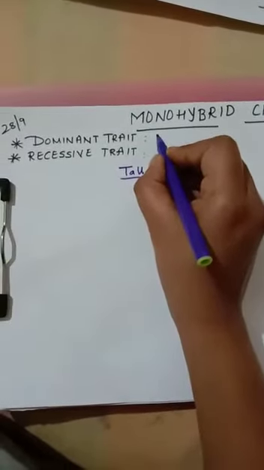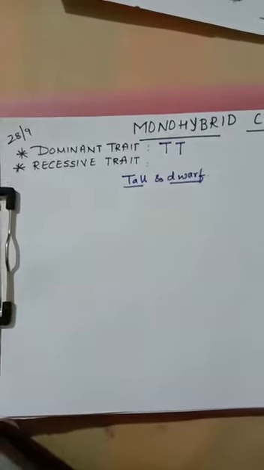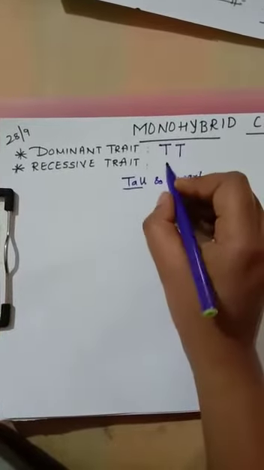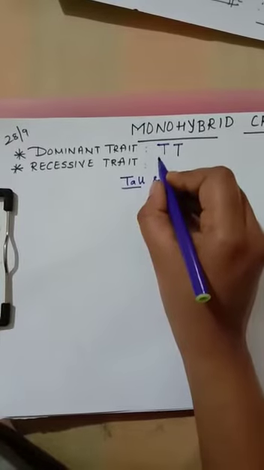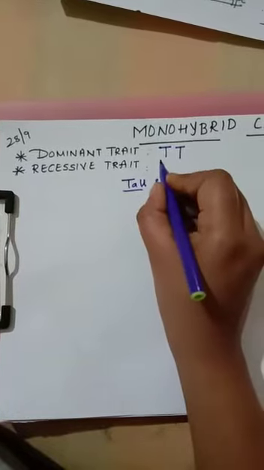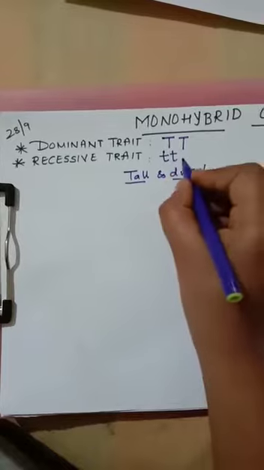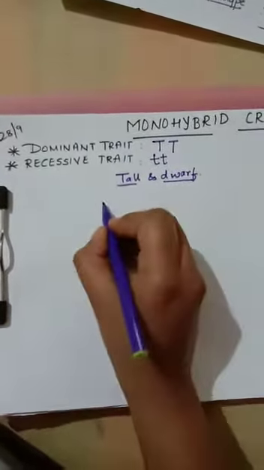So dominant trait is nothing but the trait which expresses in the further generation, right? For example, tall, so we represent tall as capital T and capital T. Whereas a recessive trait does not express in the further generation. So if there is a dominant trait and a recessive trait, always the dominant trait will express. So this concept we know. How do we represent the dwarf pea plant? As small t and small t. Don't forget. So how is the cross done?